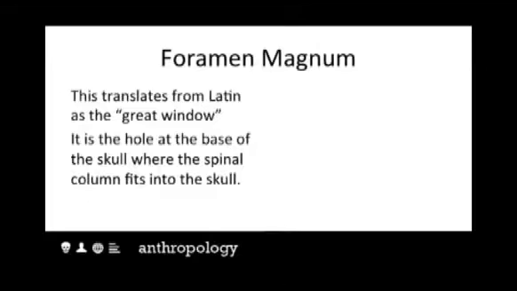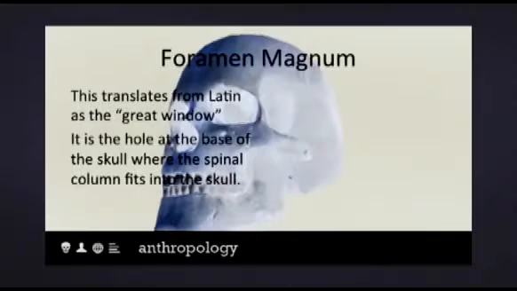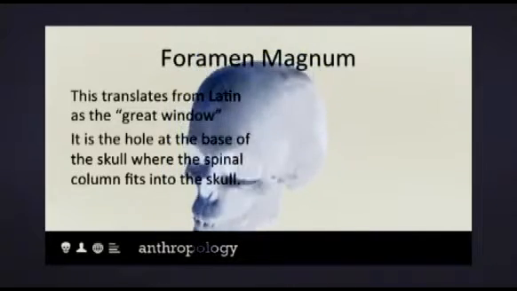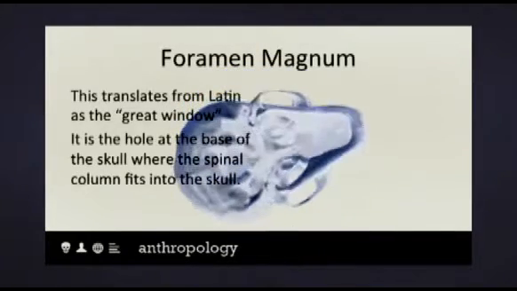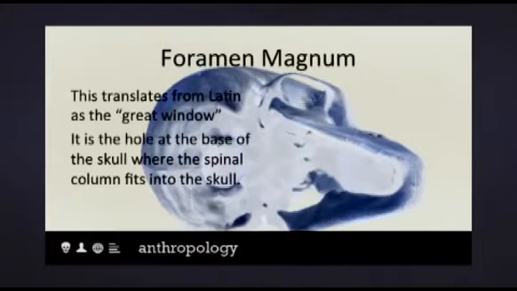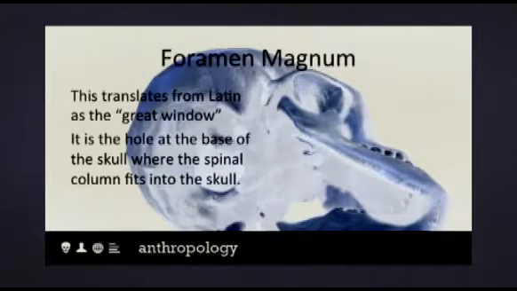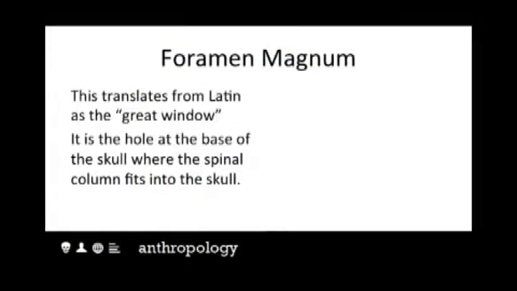This term translates from Latin meaning the great window, and you'll understand this when you begin to see the picture of what the Foramen Magnum is and how it tells part of the story of humanism, specifically related to bipedalism. The foramen magnum is the hole at the base of the skull where the spinal column fits into the skull. And where it is positioned